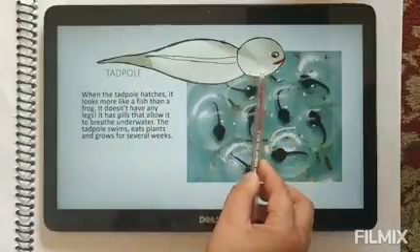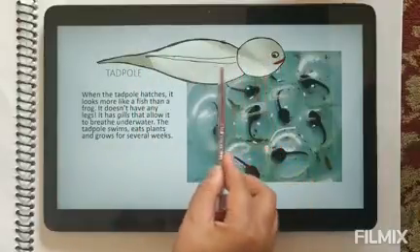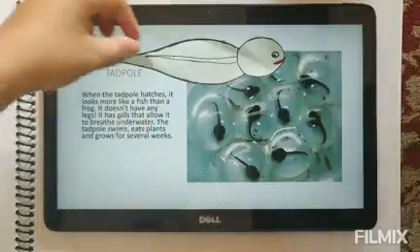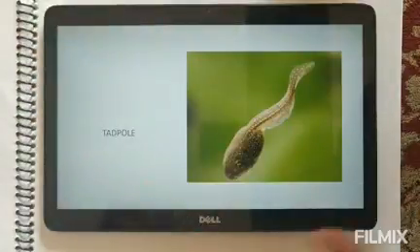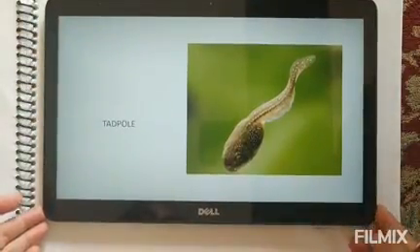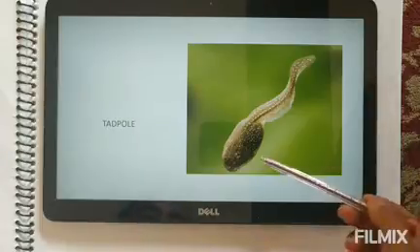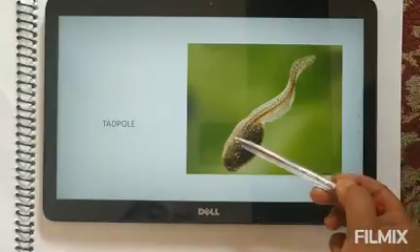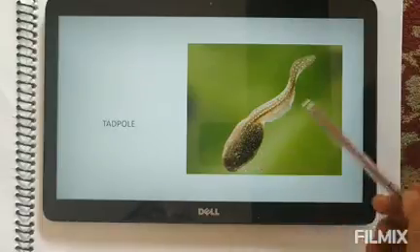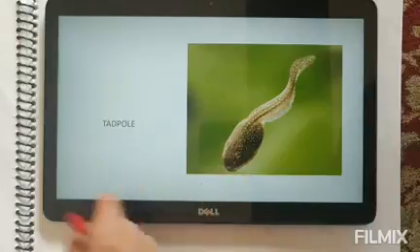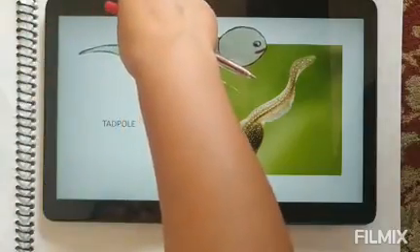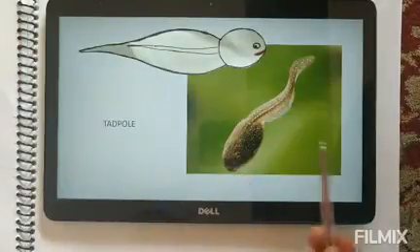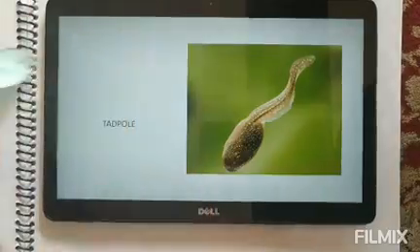See, this is the head, this is the body, and what do you think this is? The tail. Okay, now this is a tadpole. The head, the body, and the tail. See, the head is big, yes, compared to the body. Okay, so this is a tadpole and it is like a fish. They eat plants and they have tails and they swim. Okay, now,